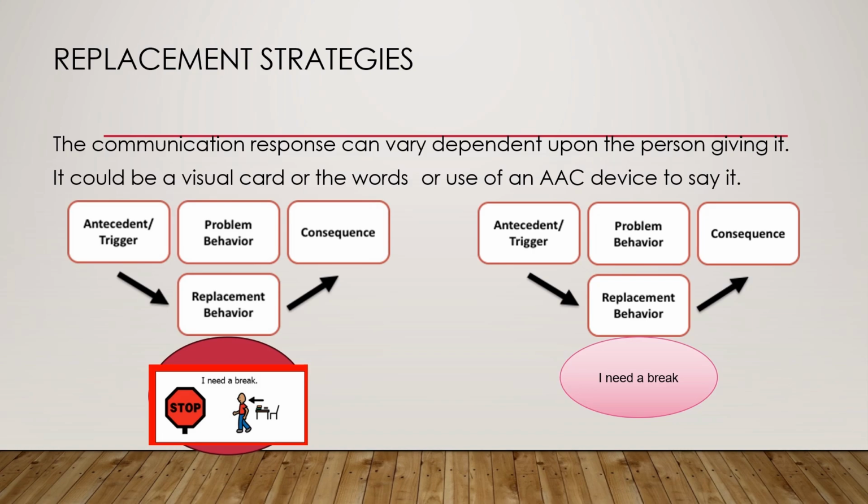And know that this can look like a variety of different things. You can use this functional communication training for many more words besides I need a break. You could use this for help. You could use this for everything in the world, right? I've used functional communication training to teach children to ask for a cookie, to teach them to ask for many, many different things. So you're not limited to just these words, but this is just today's example.